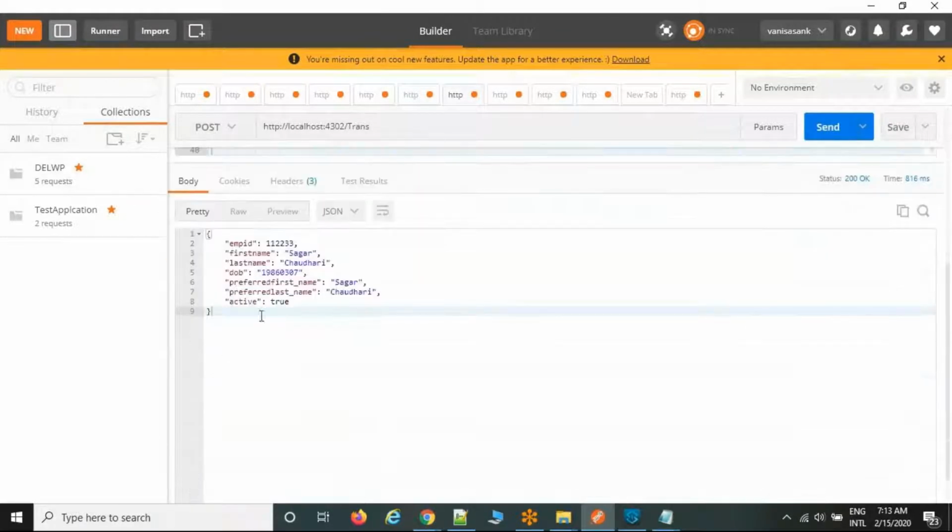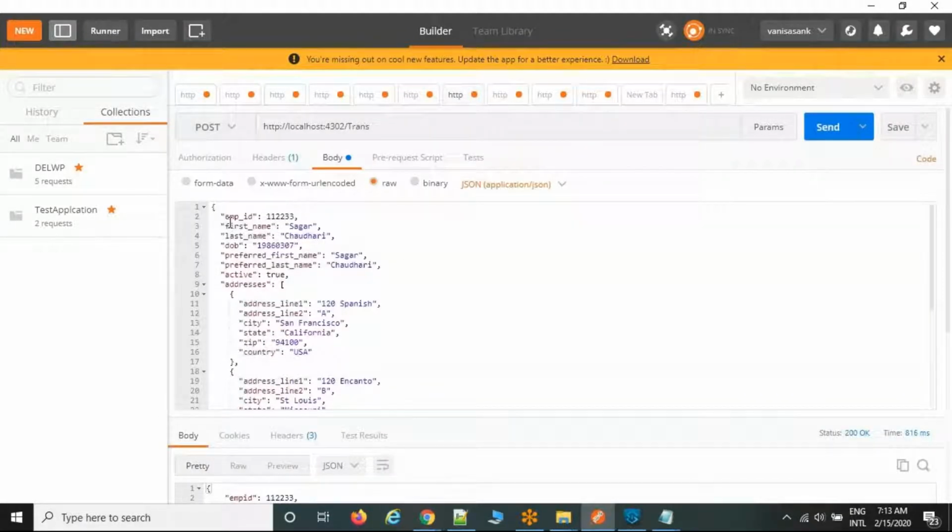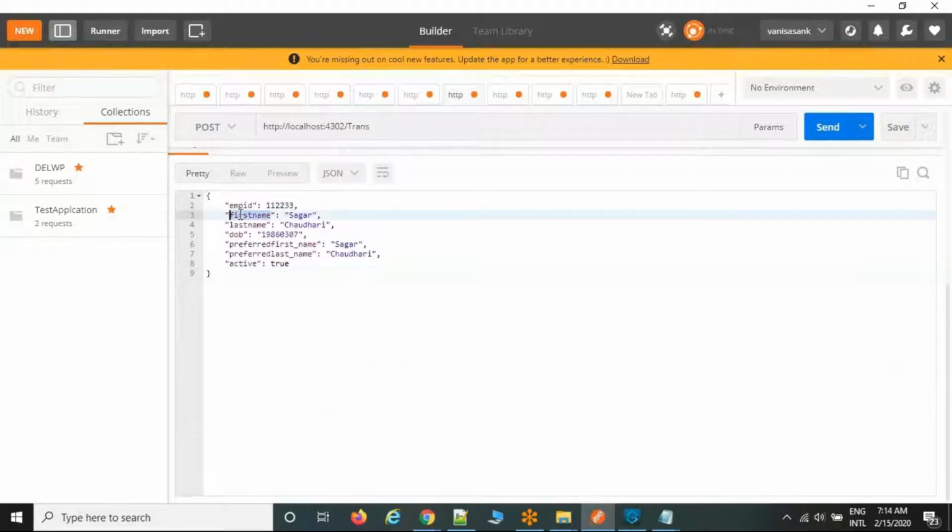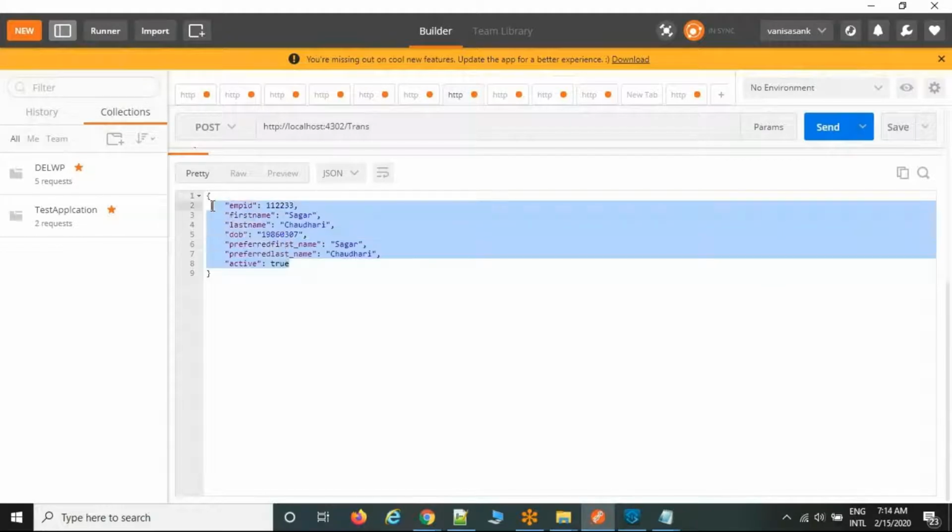So you can see, the source system is sending employee ID, but in the target system I don't want hyphens, just remove the hyphen and send it to me. So now I'm going to remove this one only. This is the target system file. Okay, until active I'm going to return the DataWeave code.